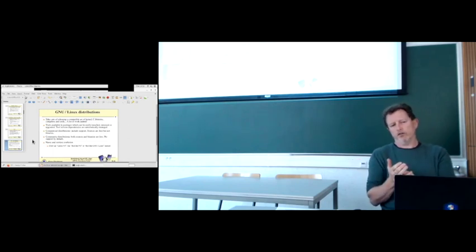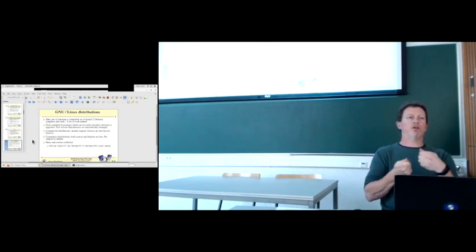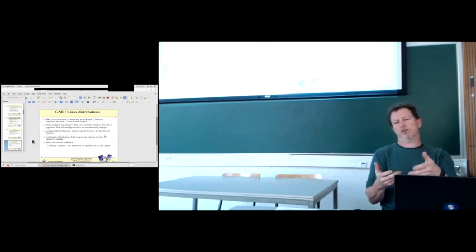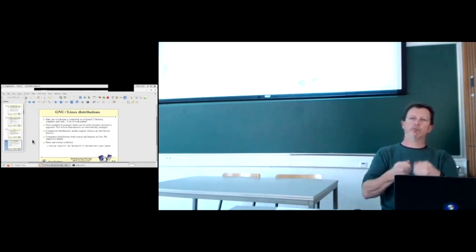But on your laptop you can use Fedora, which is the stuff used by Red Hat to improve the next version of Red Hat,